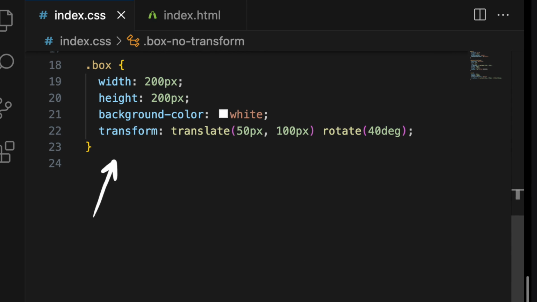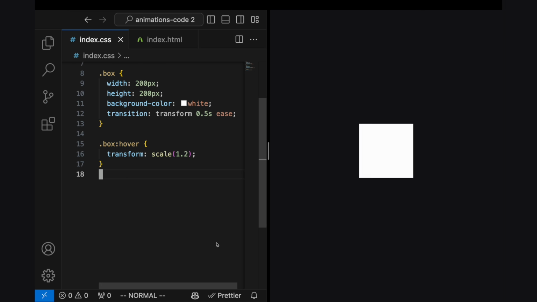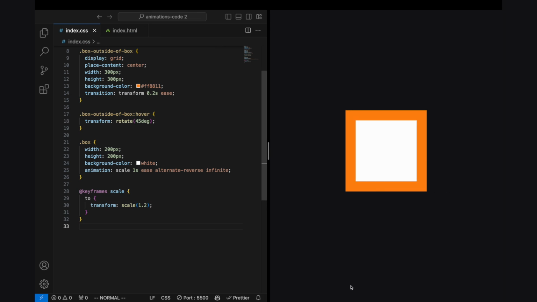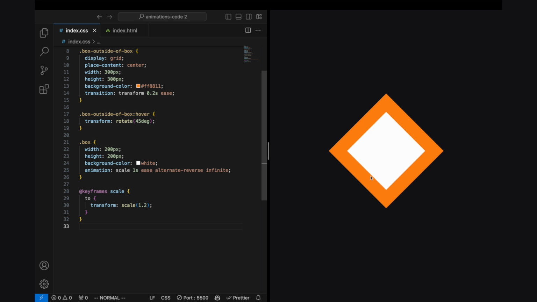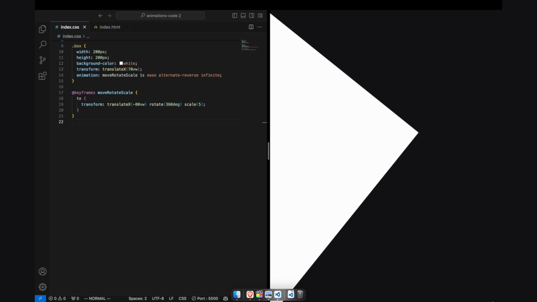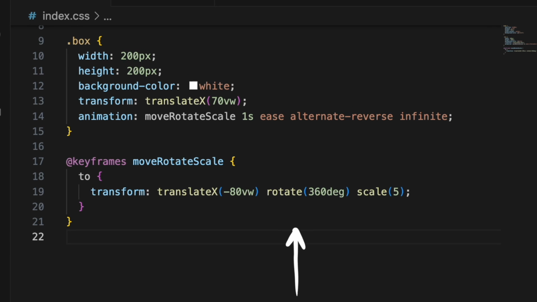The transform property is often used in conjunction with animations and transitions to create more dynamic and visually appealing effects. By combining @keyframes animations or transitions with transformations, you can create complex, smooth animations that enhance the user interface of a web page. For instance, you could animate an element to move across the screen while simultaneously rotating and scaling